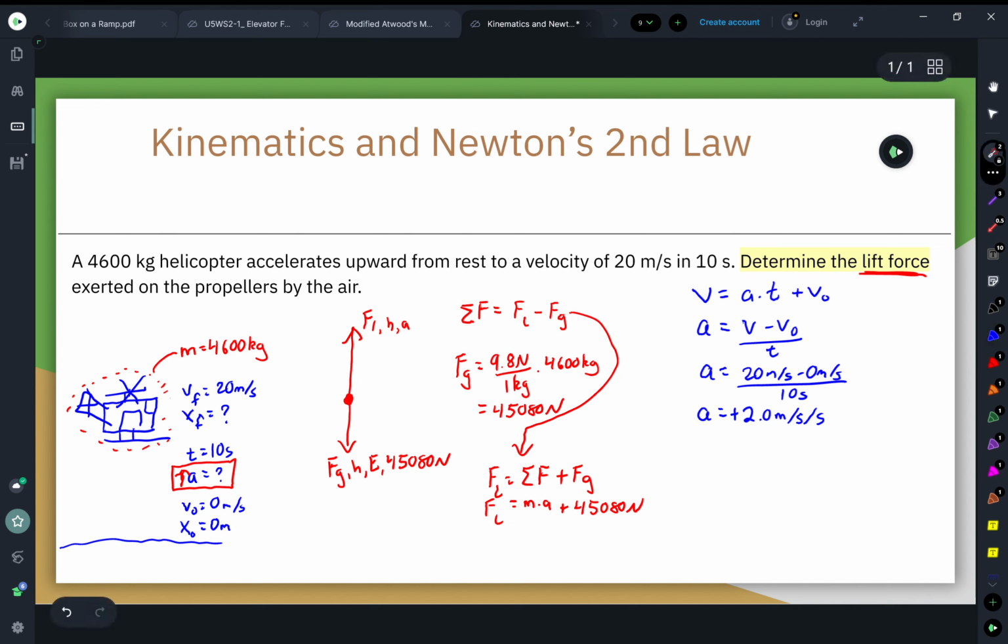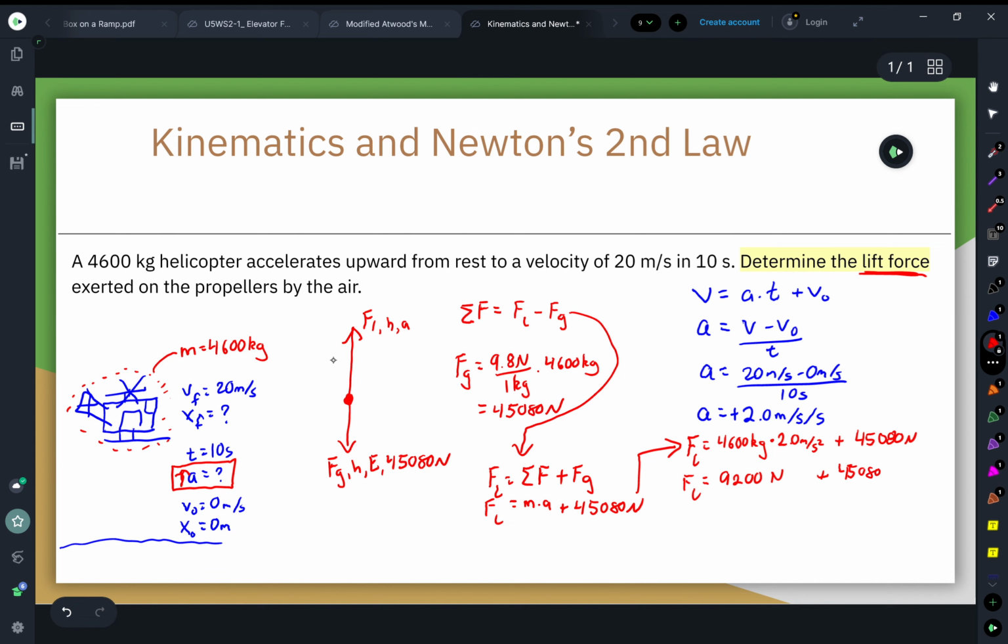And then just to kind of save us some space, I'm actually going to end up drawing that up here. So our lift force is equal to the mass, the 4,600 kilograms of the helicopter, times the 2.0 meters per square second of the acceleration, plus the force of gravity, that 45,080 newtons. Now, in order to figure out the sum of the forces, it's the 4,600 kilograms times 2.0 meters per square second. So the sum of the forces is 9,200 kilograms times meters per second squared, or newtons, plus still the force of gravity, that's